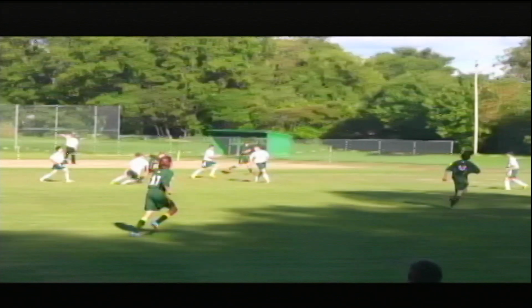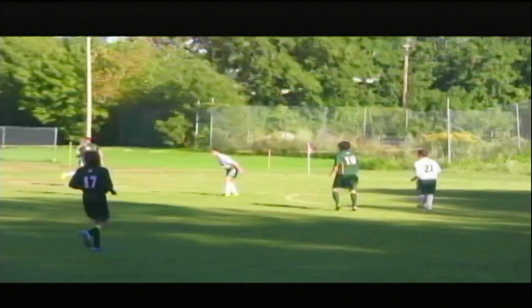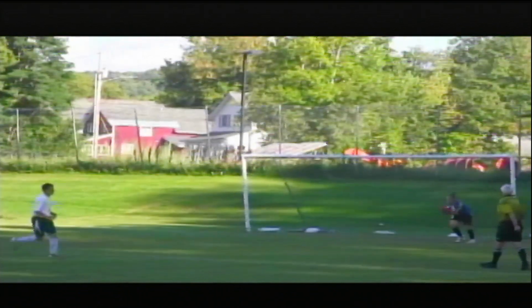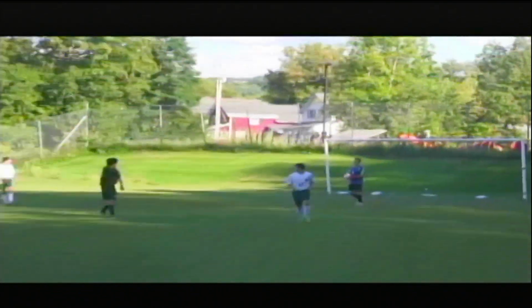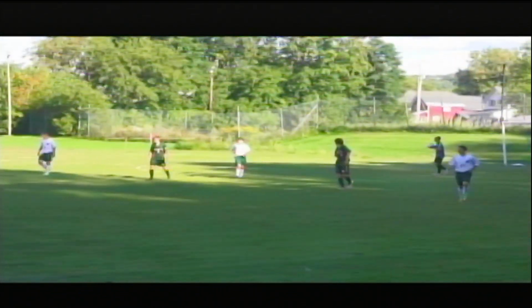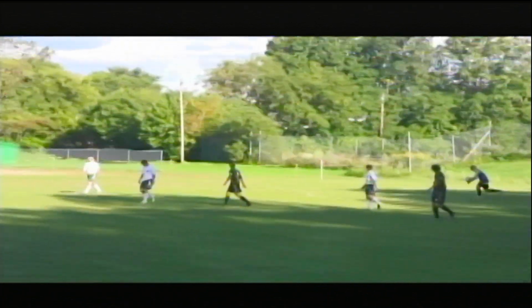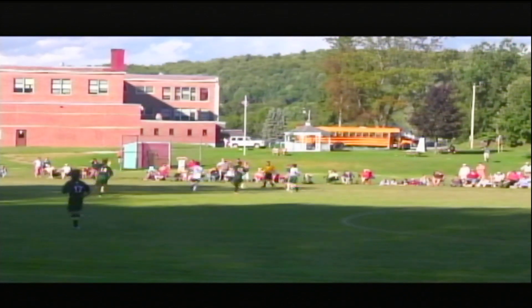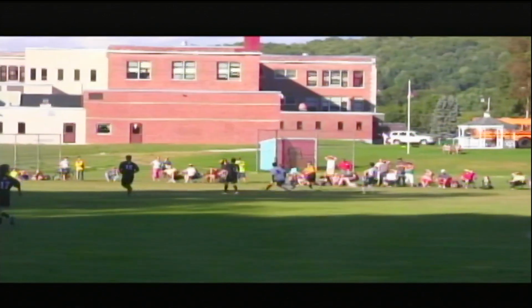Mac Walton with the ball. Does a little stutter step. Matt Bathalon makes a really nice tackle. Josh Smith has got a pretty good weapon here. He's got a really heavy kick that if you can get a good read on it, you can get in. Brendan Harvey with a nice touch